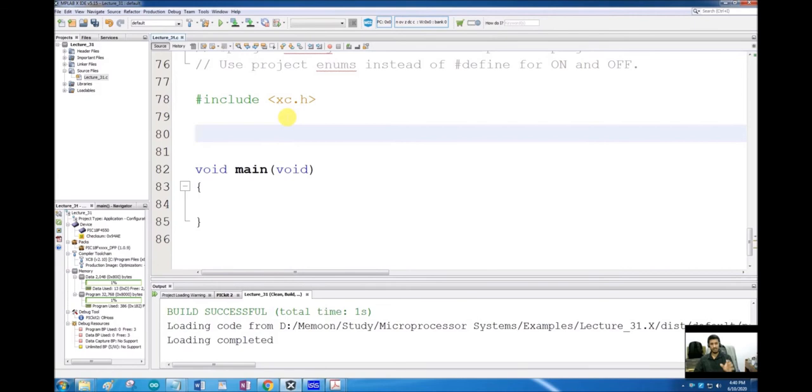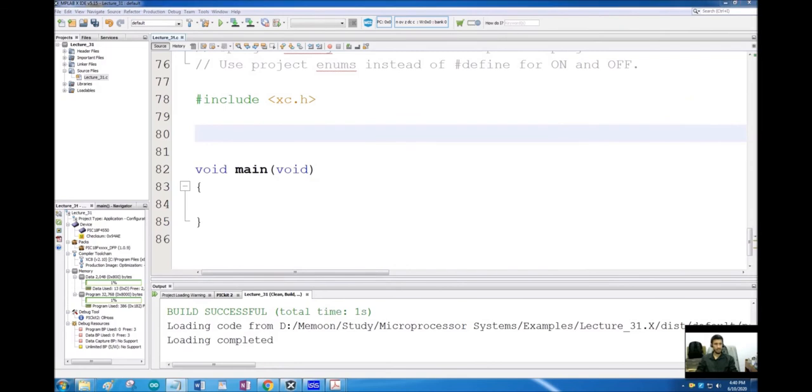So there is an ASCII value for each of these characters, and we will directly send the characters using the serial port. And we are going to send those characters to a virtual port. So we will simulate it in Proteus using a virtual port. If I want to send only one character, I don't need a delay. But if I want to send multiple characters, I am going to generate some delay between each of those characters so that those characters keep displaying one by one on that virtual port.